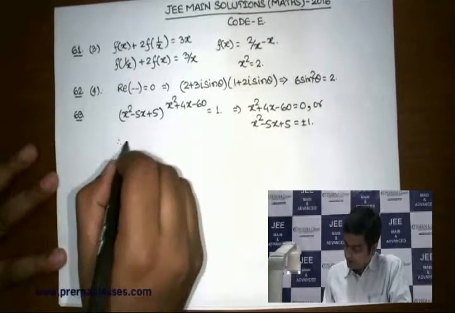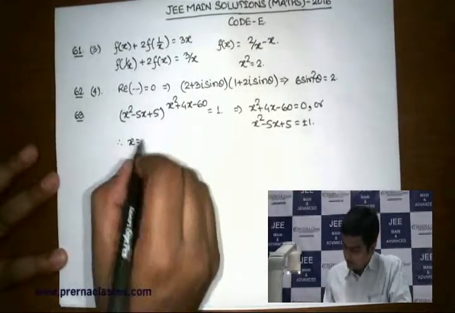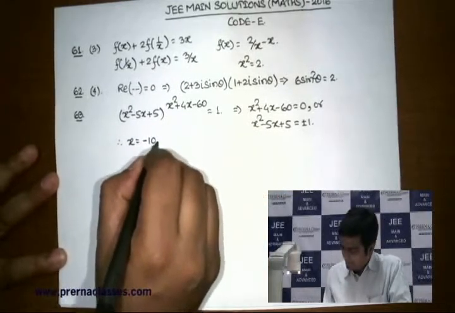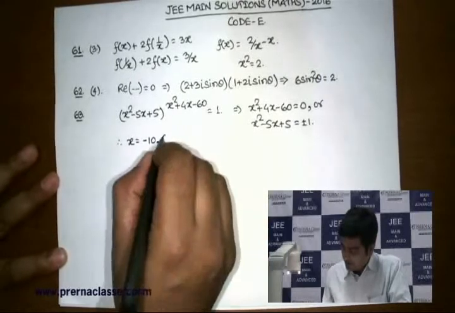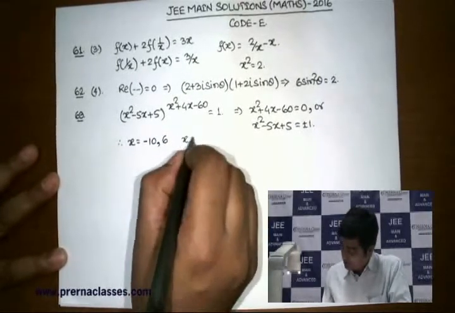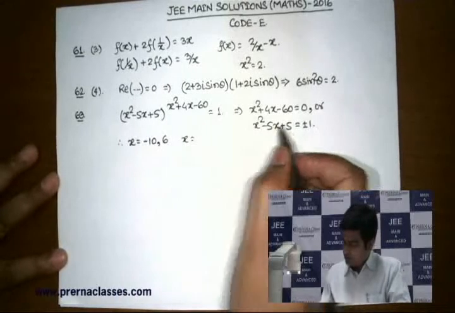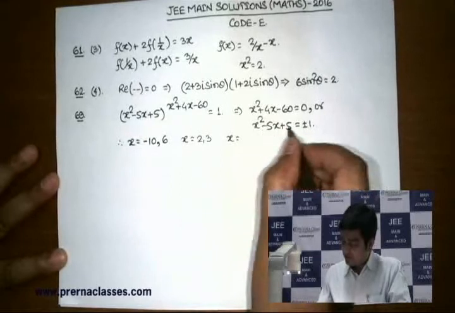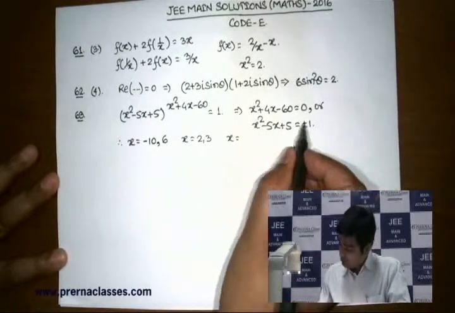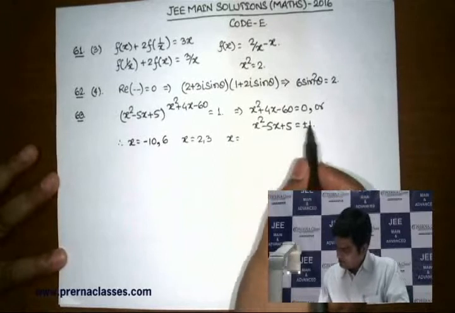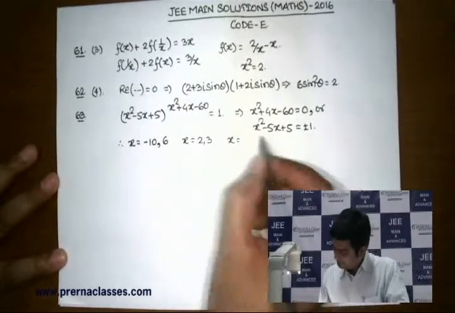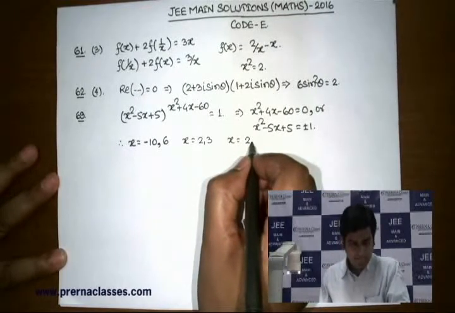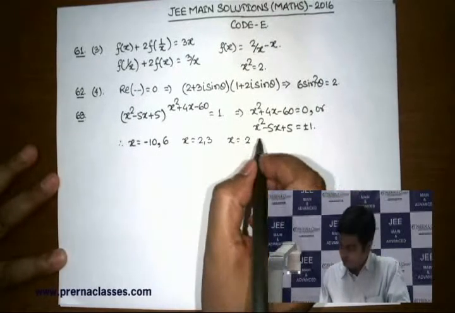If you figure out the roots for the first quadratic, you can check, it is clearly minus 10 and 6. For the second quadratic, if I take it as 1, you can check the roots are 2 and 3, and for the third quadratic, when this base is minus 1, you should end up getting the solution as 1 and 4.